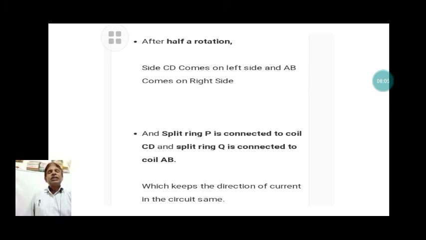In this case, the current is flowing in the arm CD from C to D, and in the arm on the right side after half rotation, the arm AB, from A to B. Now the current is still flowing the same way, from Y to X, that is, the direction of current is the same throughout the whole rotation. So this type of current produced by the generator is called a DC generator, because the direction and polarity of the current do not change.